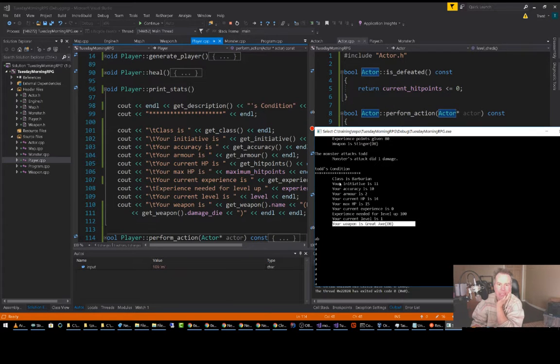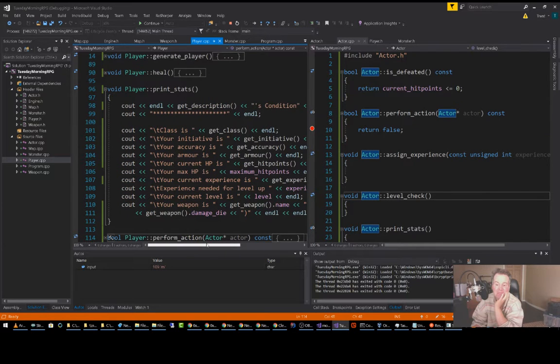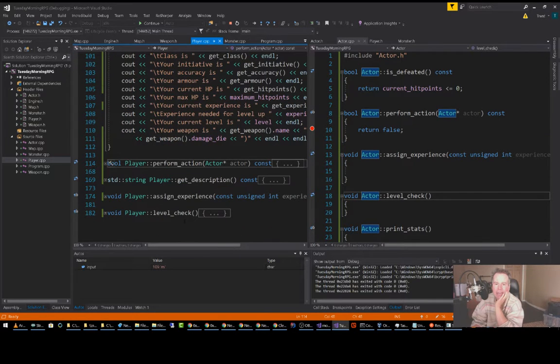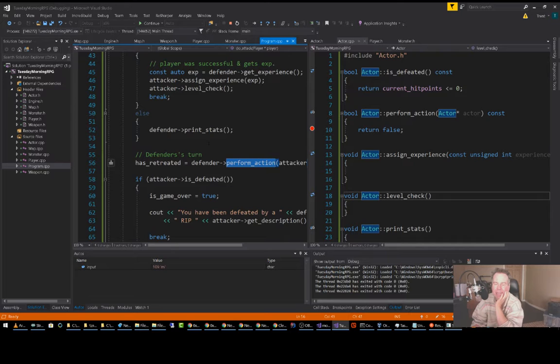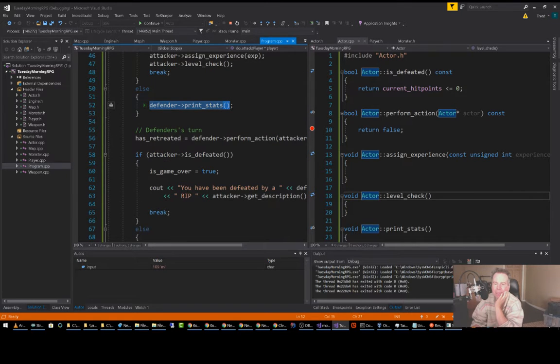Todd's condition, class barbarian, initiative, all of this stuff looks good. Your weapon is weapon name and damage die, which is D8. Seems okay. It could be then happening in the next thing after we print out the stats for the player